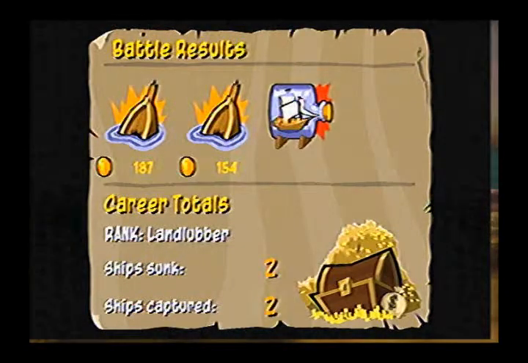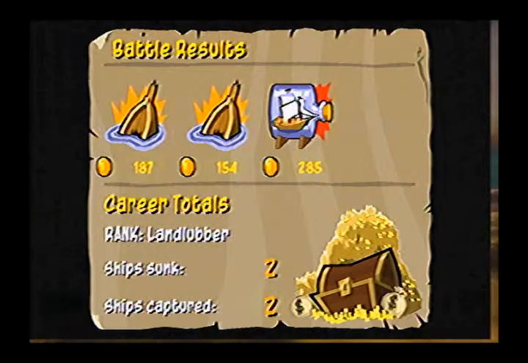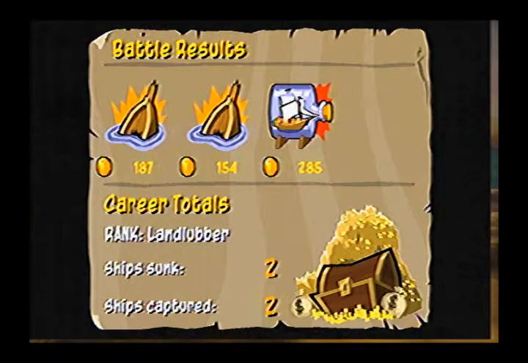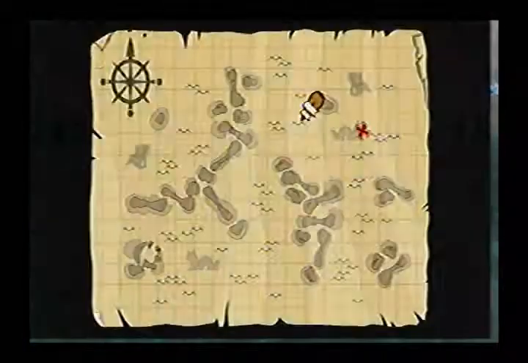Oh, okay. I guess you actually gain money for... so you see, if you capture the ship, you gain 285. If you sink the ships, I believe it may be the size of the ship is how much money you get. So there are also other uses for that. I'd actually forgotten that you got paid for sinking ships